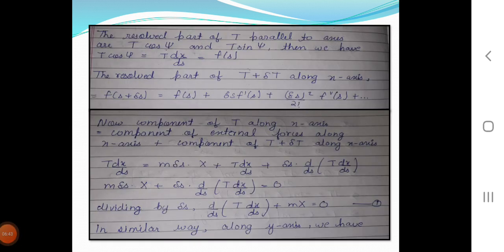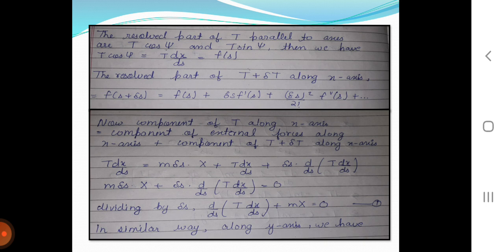Now the resolved parts of T parallel to the axes are T cos psi and T sin psi. Then we have T cos psi equals T dx upon ds, which equals f of s. The resolved part of T plus del T along the x-axis will be f of s plus del s, which equals f of s plus del s f dash s plus del s square upon 2 factorial into f double dash